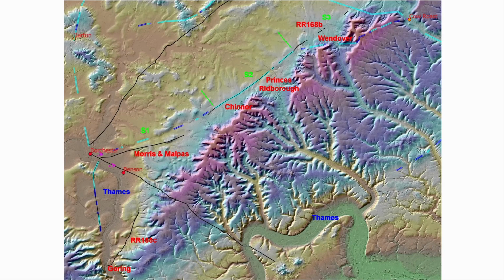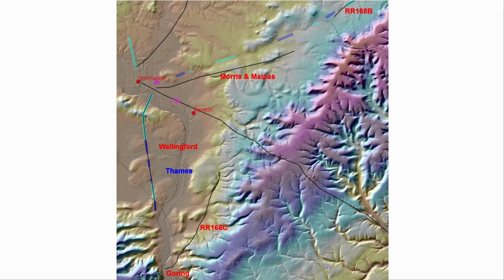the northeast section. Starting with section 1 to the southwest, there is very little evidence for the Viatores route from Goring 168C. Similarly, there is very little evidence for the Morris-Malpass suggested route, even though that is the currently accepted one. The evidence for my suggested route, just to the north of the Morris and Malpass route, is also fairly